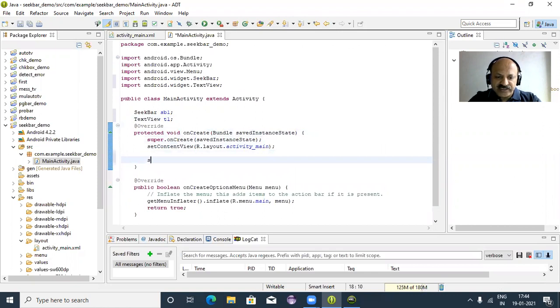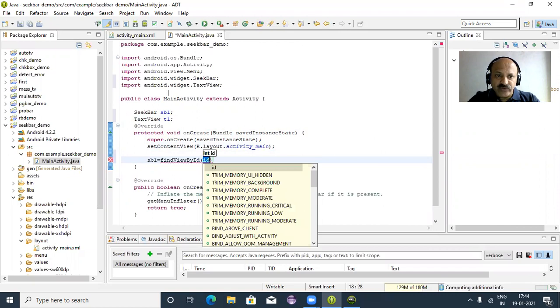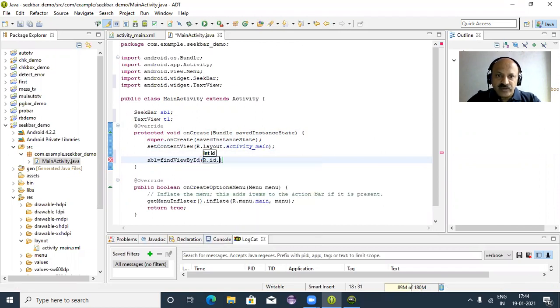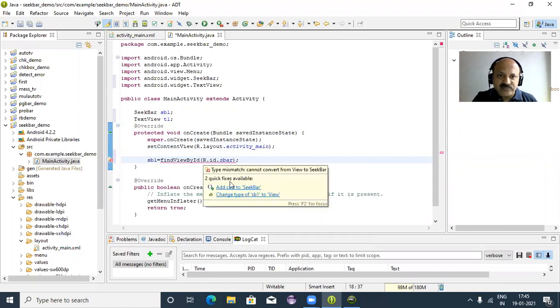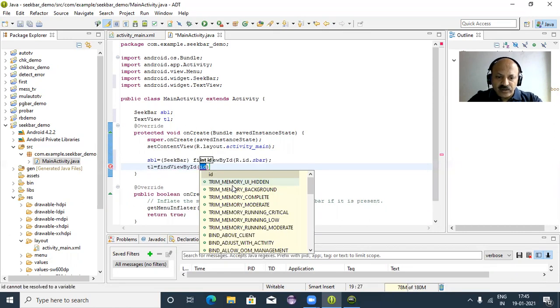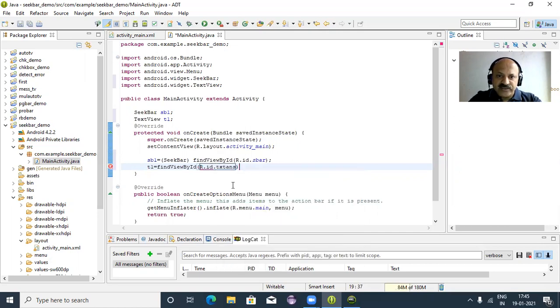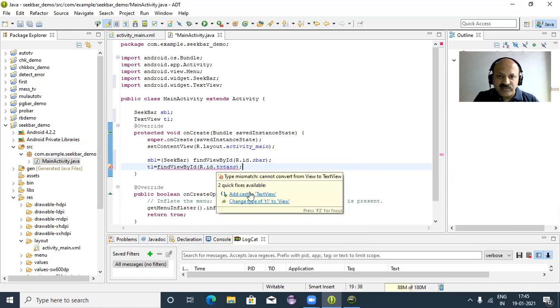Now first sb1 findViewById, so we take that id from the R.java file, sbar and semicolon and typecasting. Now t1 findViewById R.id.text, then semicolon, and here we do typecasting,